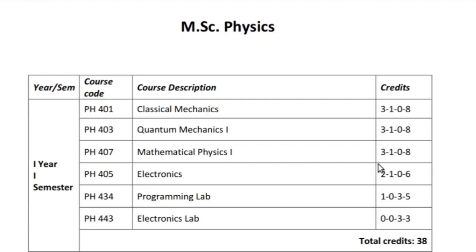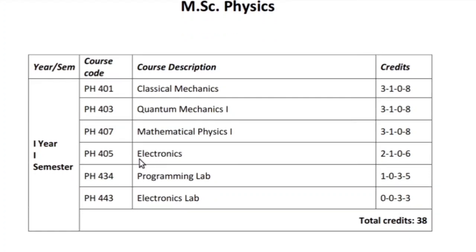That makes 8 credits. So as you can see, all the courses in the first semester are core courses, rather all in the first year are core courses. There are no electives in the first year, and these are all basic courses, for example, which every physics student should know. Classical mechanics covers Lagrangian and Hamiltonian mechanics, rigid body, and a bit of field theory. Quantum mechanics is divided into 1 and 2, which covers the complete theory of quantum mechanics and a bit of applied quantum mechanics. MMP 1 covered linear vector spaces and complex analysis.